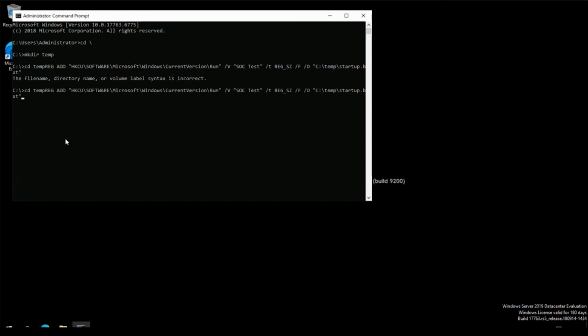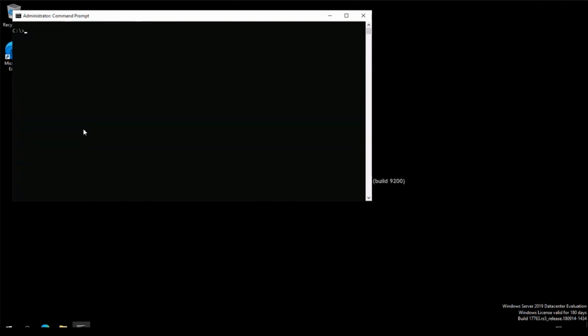Let's go back in here and do this again. There we go. Let's go ahead and run that registry key there. For some reason, it didn't like it last time, but that's okay. Now it added that registry key in here, which basically is the beginning of the attack that we have.